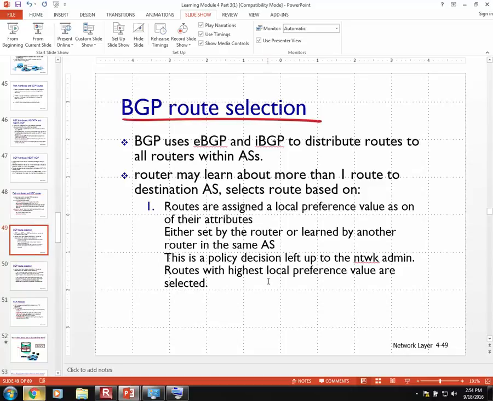Okay, for routes, Border Gateway Protocol uses both the external and internal, or exterior and interior, Border Gateway Protocol to distribute routes to all the routers within autonomous systems. The router may learn about more than one route to a destination autonomous system, and it selects the routes based on routes assigned a local preference value